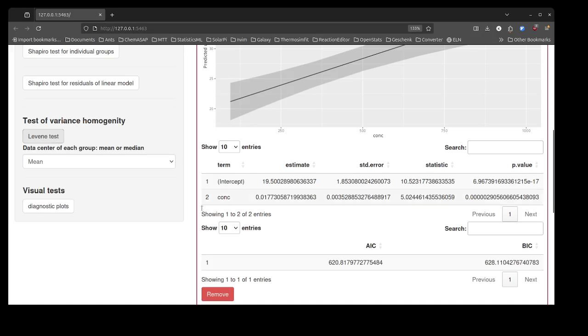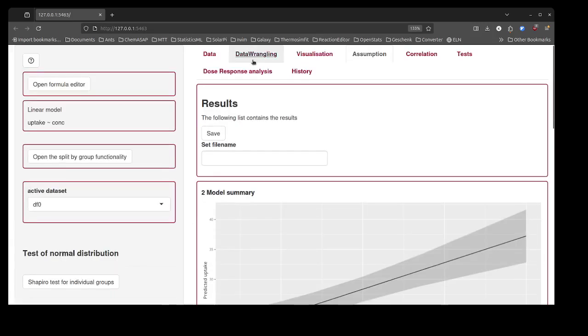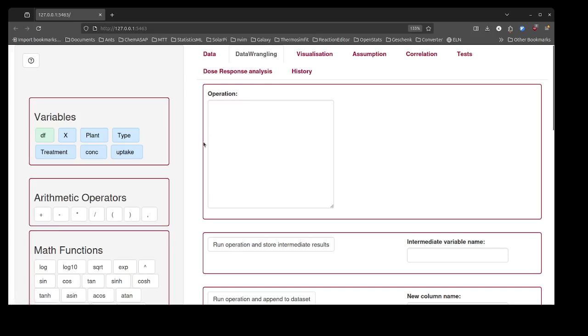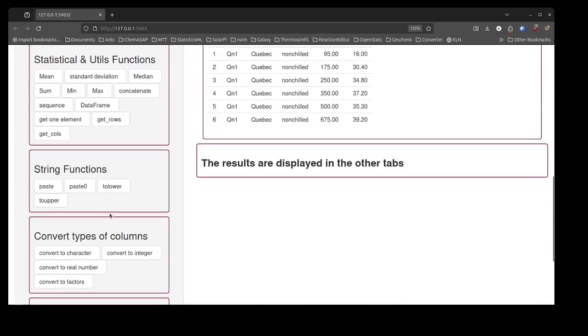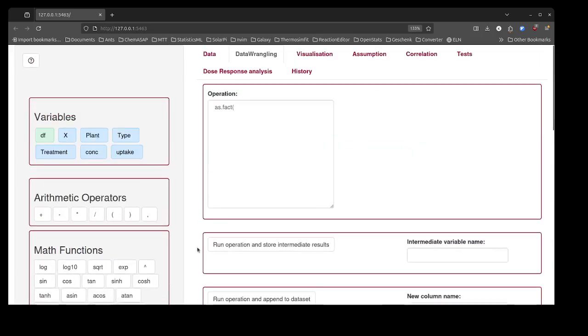So what can we do to still test this? We go to Data Wrangling, and just to remind you, we have here the type of each column. So what do we have to change? We have to change the type for concentration. This is currently numeric, but the Levene test requires a factor variable or a character variable. Both are fine. So what can be done is convert to factor this time, and then I have to